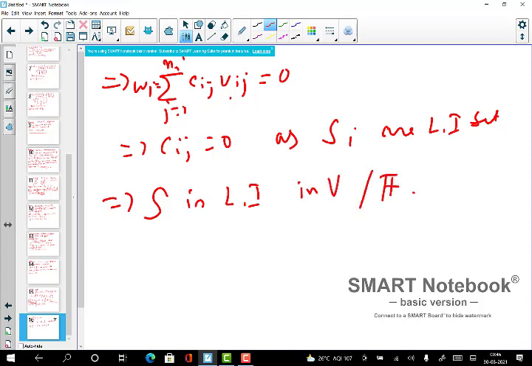Okay, so what does that mean? That means that if you have eigenspaces, and you choose some linearly independent set inside each eigenspace and take the union of those, it will be a linearly independent set again. Okay, so this is a proof, and then finally, with the help of this, we will prove that